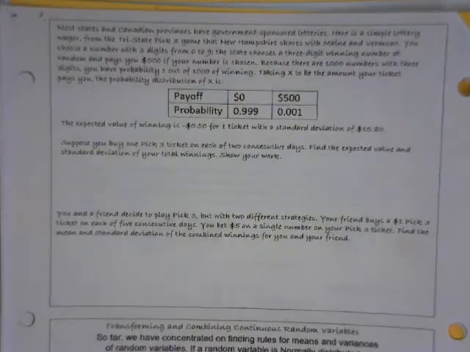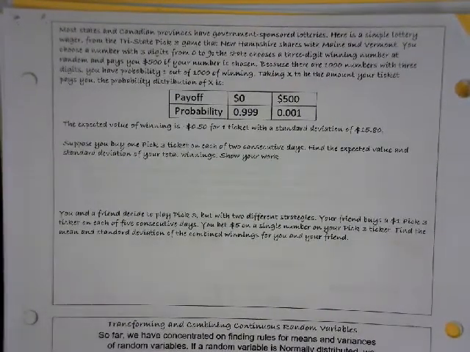So here's a simple lottery wager from the Tri-State Pick 3 game that New Hampshire shares with Maine and Vermont. You choose a number with 3 digits from 0 to 9. The state chooses a 3-digit winning number at random and pays you $500 if your number is chosen. Because there are 1,000 numbers with 3 digits, you have probability 1 out of 1,000 of winning. Taking X to be the amount your ticket pays you, the probability distribution of X is